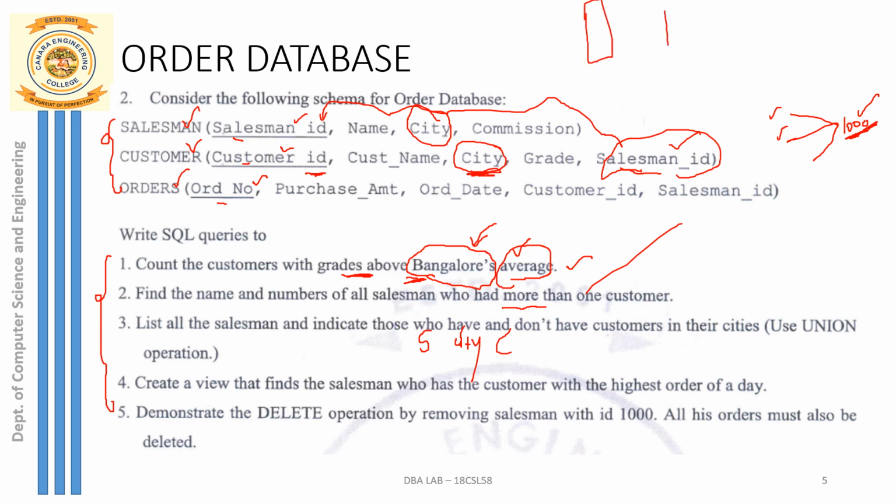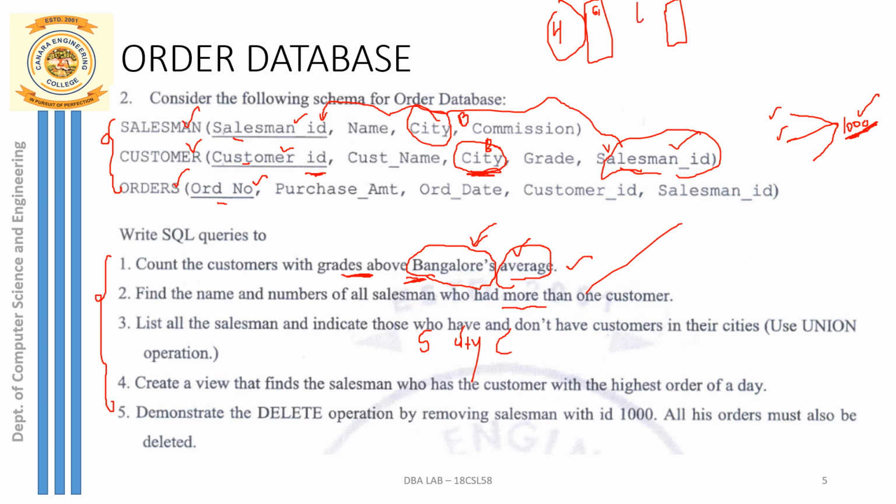And we have to prepare two lists. List one is of the salesman and customer both belonging to the same city. Suppose I have a salesman belonging to Bangalore, and if that same salesman is serving a particular customer, that customer's city also should be Bangalore. That means both the salesman and his customer's city is Bangalore. Such a salesman's entry, salesman ID, you need to list out here, one who has a common city. So that is our list 1.